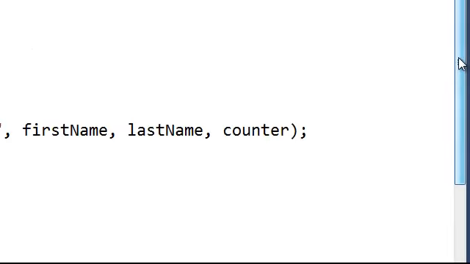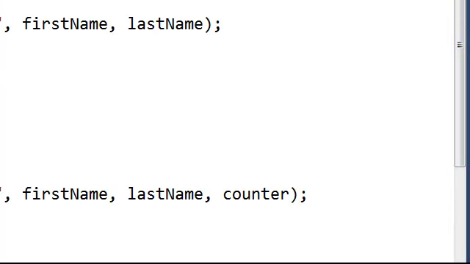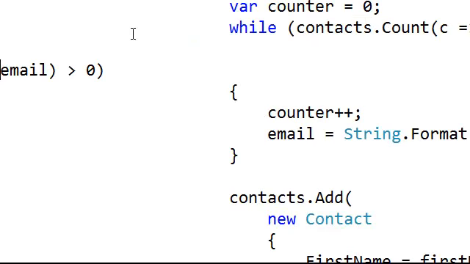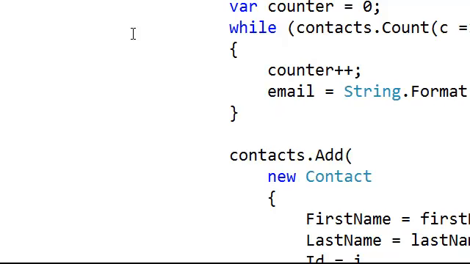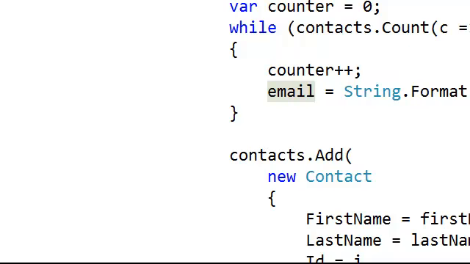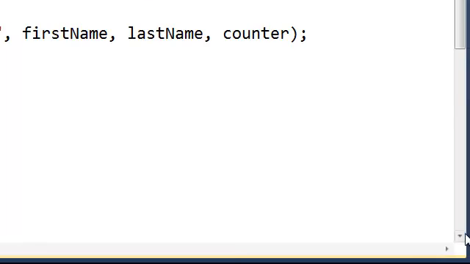So what's going on here is that if I can't find the contacts in the cache, I'm creating them. I'm creating 500 of them. I'm getting 2 true random strings, creating my email, and here, just to make sure that I don't have a duplicate email address, I'm starting this counter from 0, and as long as the email address exists in the contacts, I'm updating my counter, and I'm going to add this counter to the email, and then once I get out of this loop,